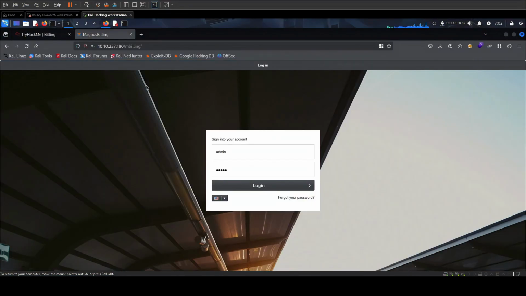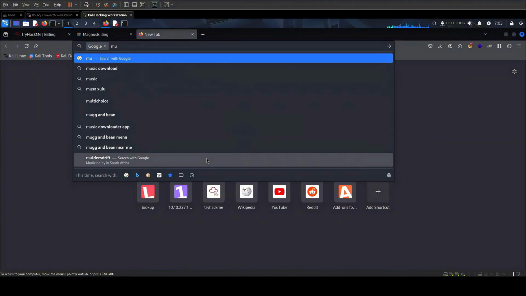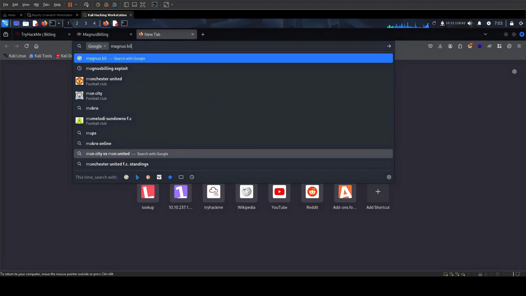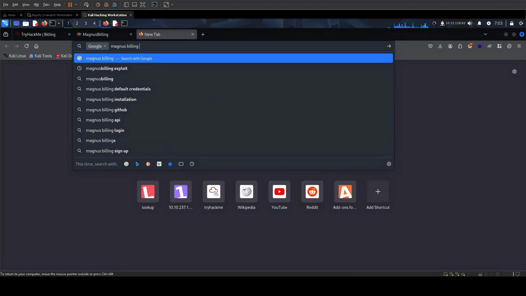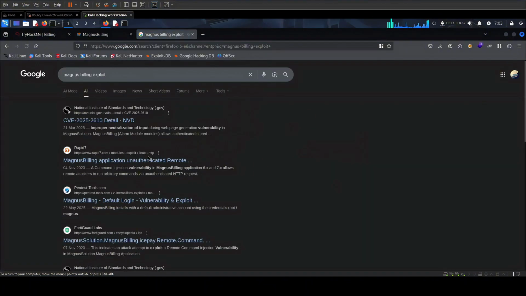So what we do is that we notice that it is Magnus billing. Then we now try to find if there is a vulnerability on Magnus billing. So we're gonna do search, yes, Magnus billing exploit, like that. So from Rapid7, you can see that